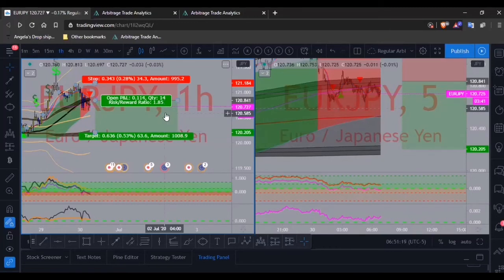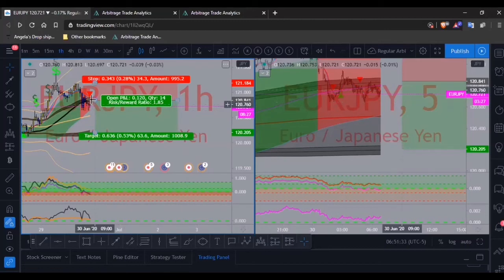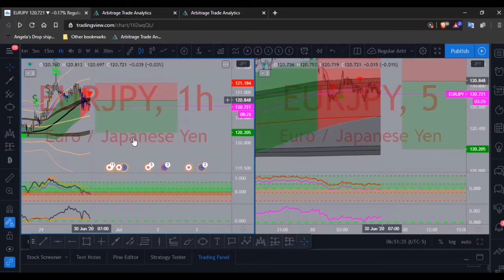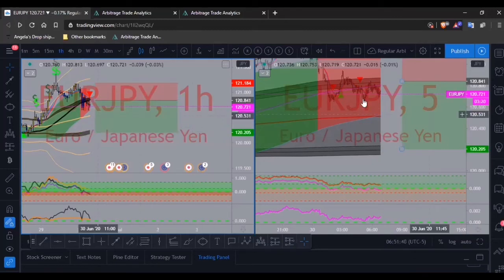All right, and again, I already have my alert set for me to get out of the trade when I need to. I got my position, because of spreads and everything, at 120.736. But again, if you could potentially get price to come up here before a drop, that would be more ideal than the entry I have. But again, the price is already called for the sell. On the 5 minute, it already looks like it retested it. So I do expect a drop to happen. Any questions on Euro JPY?